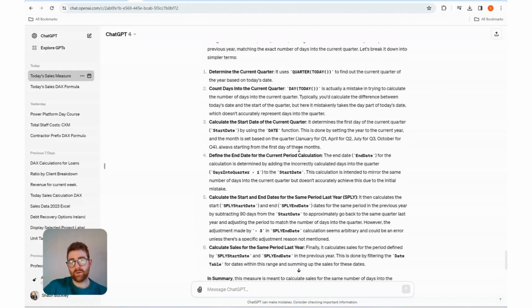But in this one here, it's actually giving you a breakout of each section of the DAX and what it's trying to do. So again, two different responses, but just another way you can utilize it to reverse engineer and try and figure out what the calculation is trying to